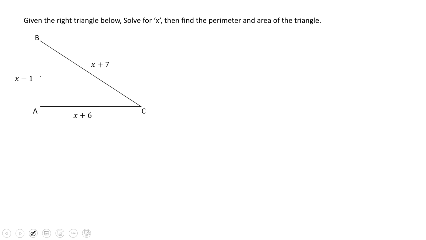Where to start? What we're looking to do, again, our formula is a squared plus b squared equals c squared. So I'm going to just label my sides. I'm going to call this side A, this side B, this side C. Now I got to think, what I'm squaring, I'm squaring this whole thing. This is what I'm squaring. So it's going to be x minus 1 squared, x plus 6 squared,